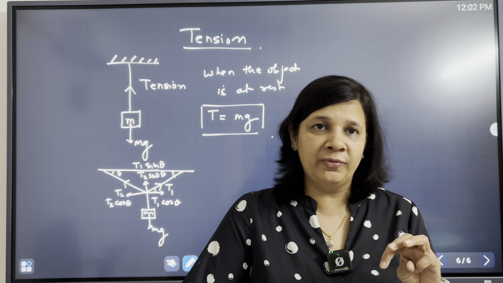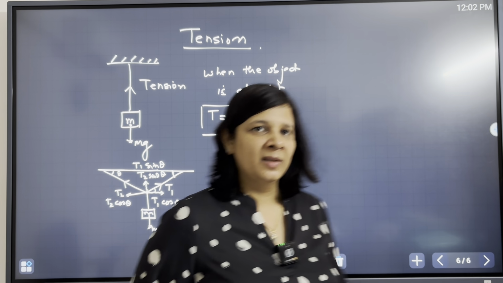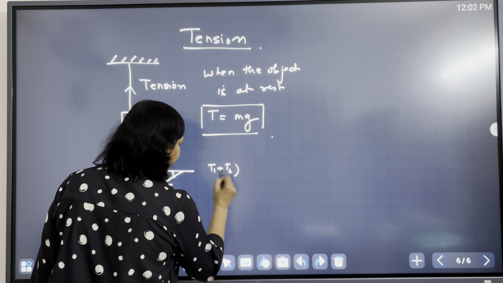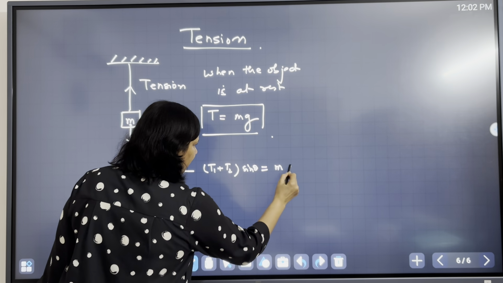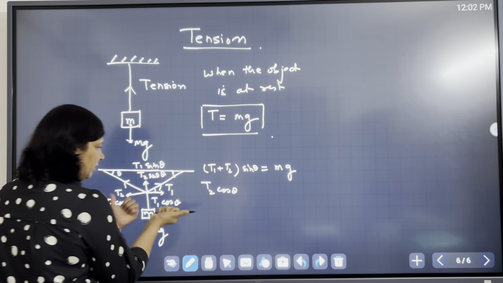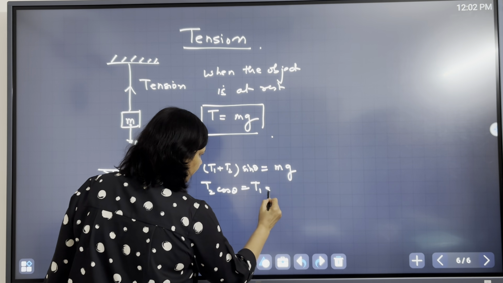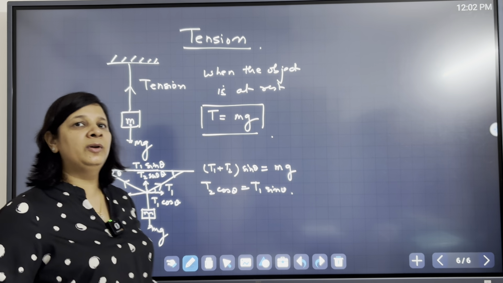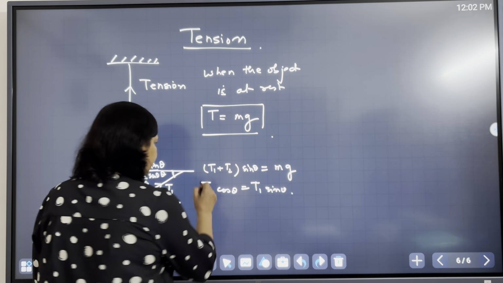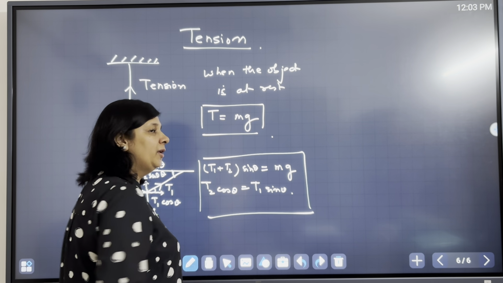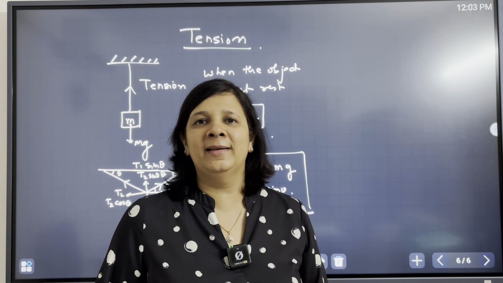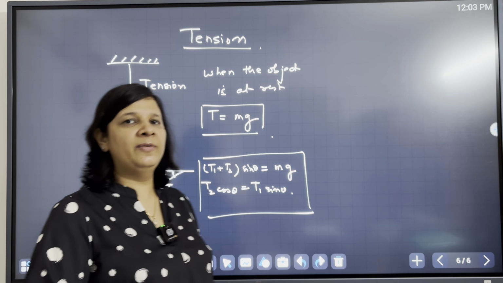If theta is not known, you cannot find them. So, theta has to be given in the problem. If theta is given, then you have two unknowns and you can find T1, T2. This will be balanced by mg. And the horizontal forces, T2 cos theta, will also balance each other. Such kinds of problems we will do in detail when we study equilibrium problems. Just to give you an idea, if the rope is at an angle, you can take tension in that rope and take the components to balance the forces. We'll come to that again when we study equilibrium.